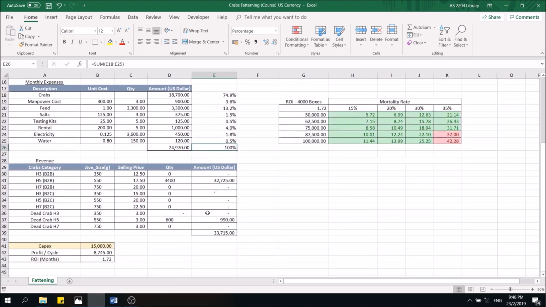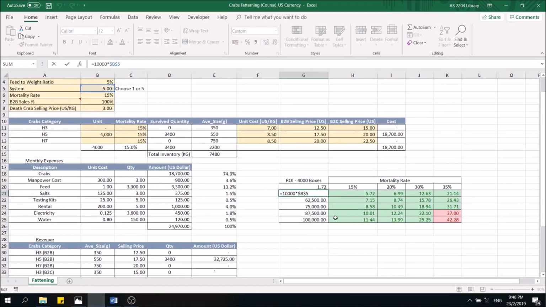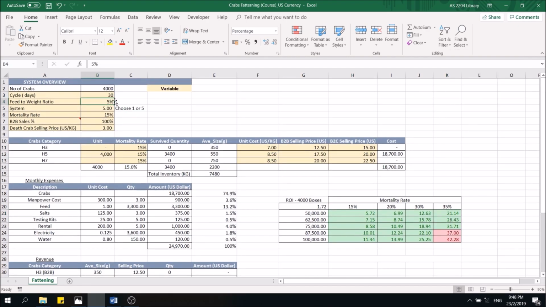So this capex by right should times 5. Don't worry, for this sensitivity table, it had taken care. You have times 5 system, as you can see the formula here. So before that, you can see we have red color with 35% mortality rate, and now you started to see green color for capex below $75,000. So with scale, actually you can get a faster return on investment,